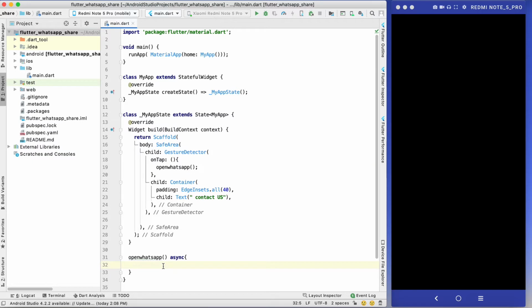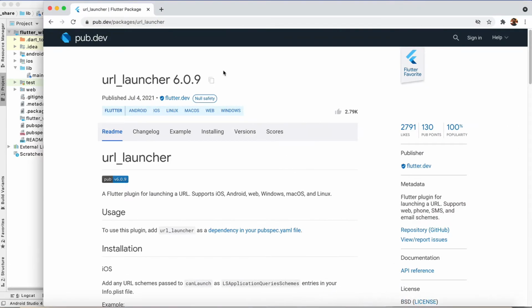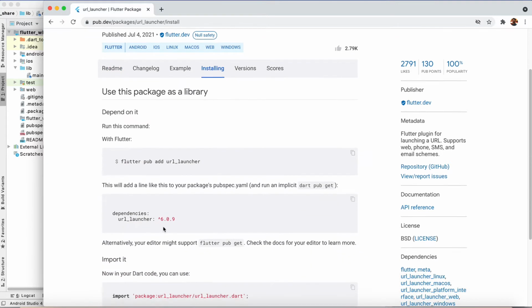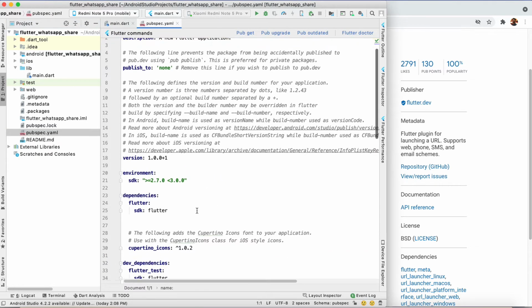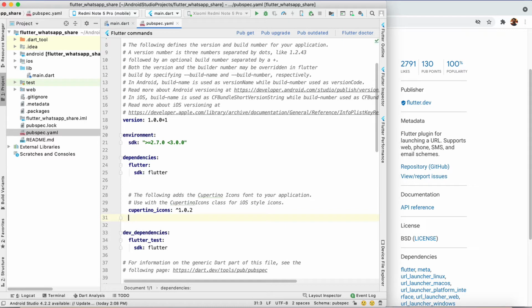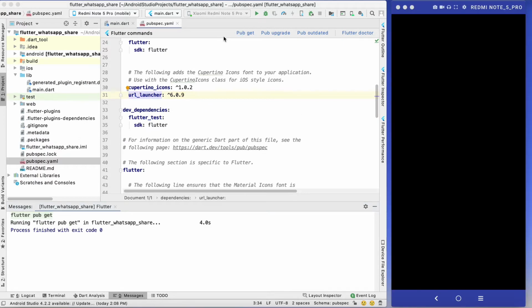URL launcher is used to open a web link. Just install this plugin, url_launcher. It is not a kind of sharing plugin. It is a URL launcher plugin, so you can open some particular URL or website. Just add this dependency.